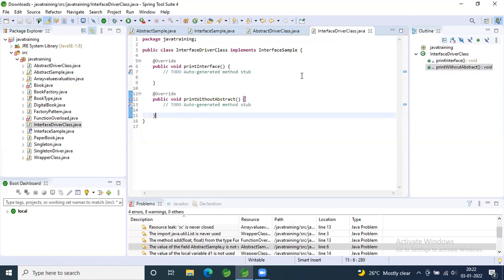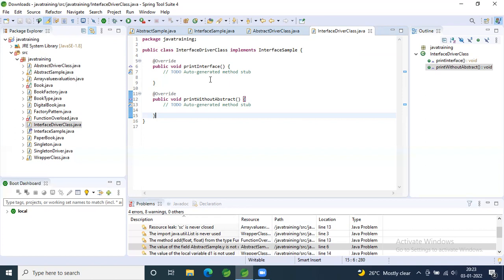Right now you have the interface driver class. If you have interface driver class 2, there you can have a different print layer. Say, for example, if you're using a mobile, iPhone 11, iPhone 12 and iPhone 13, in each place you can have the display in a different format or a different color or a different context. So in each place you can have it different, but the functionality of printing is happening in all the three mobiles. So that is common in your interface. So that is the purpose of your interface.